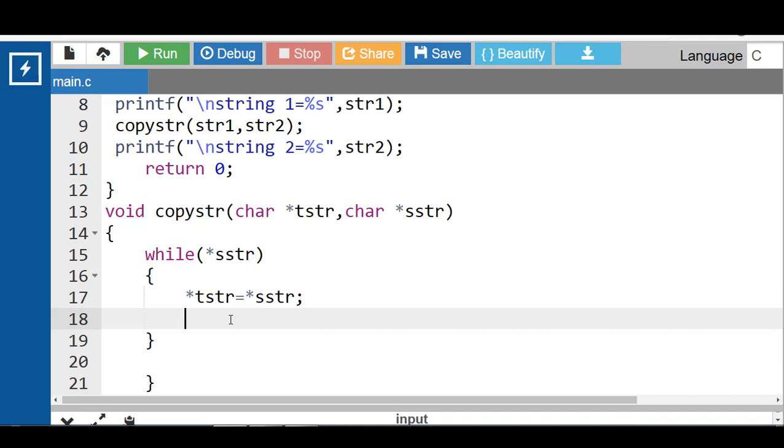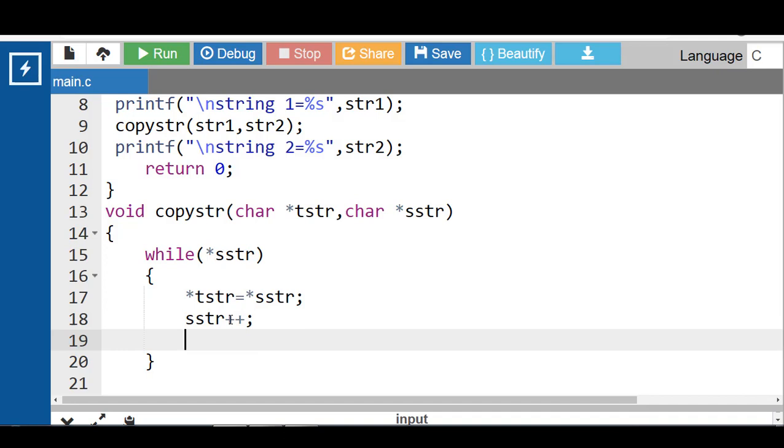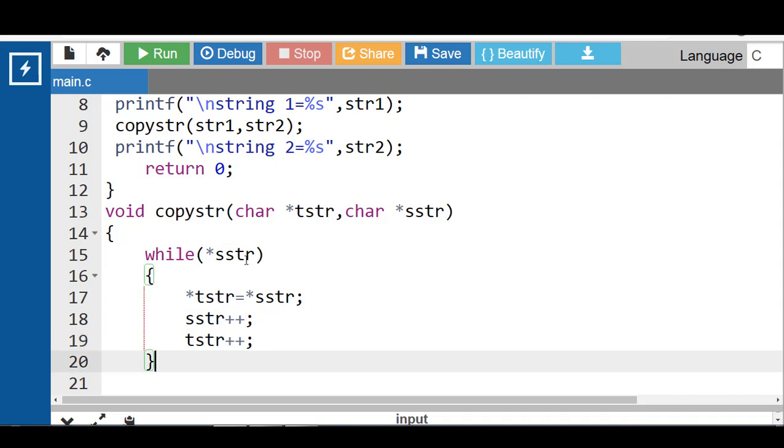Then increase the value of sstr by 1 and then increase the value of tstr by 1. When this condition is evaluated to be false, then control transfer to the out of loop,